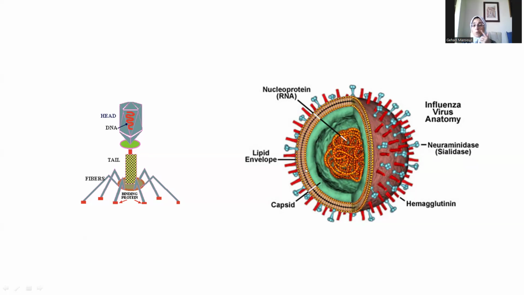And the lipid envelope is usually derived from the cell membrane of the host, because you know that after viruses reproduce inside a cell through the lytic cycle, the host cell would rupture and the virus will leave the cell. So when the virus is leaving the cell, it takes a part of the cell membrane of the host with it, and that's why not all viruses do this. Some other viruses, like the bacteriophage, have additional structures.